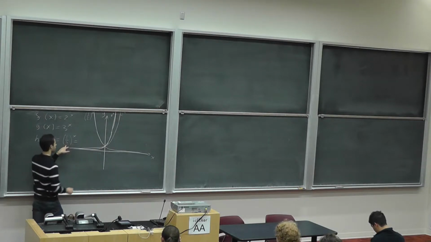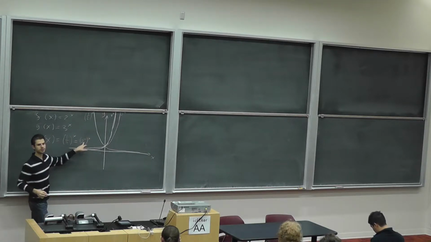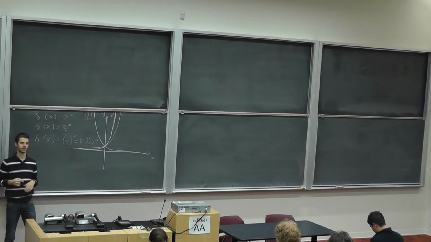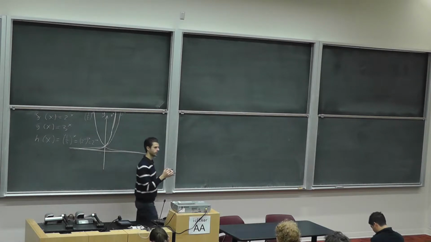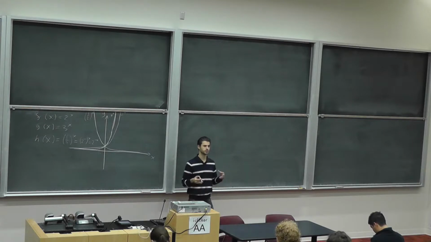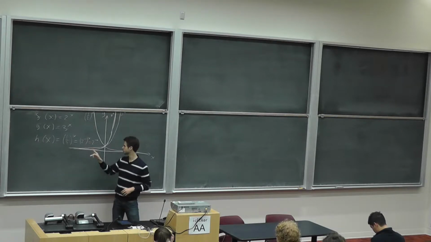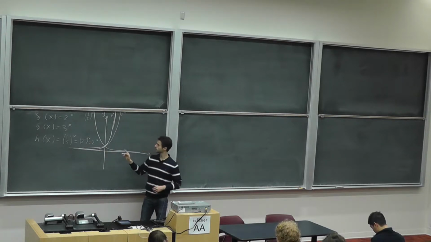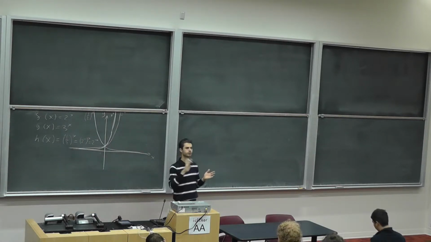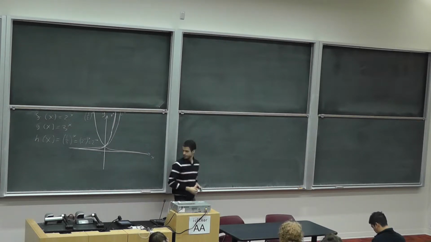I can write 1/2 as 2 to the power -1. That's 1/2. And then this thing is 2 to the power -x. We saw last time that if you take a number raised to the power m and then raise the result to the power n, it's the same as raising the number to the power m times n. So here I raise it to the power -1 then x, same as raising it to the power -x. So in fact, this graph and this graph should be just reflections of each other in the y-axis. And they are. Alright, so